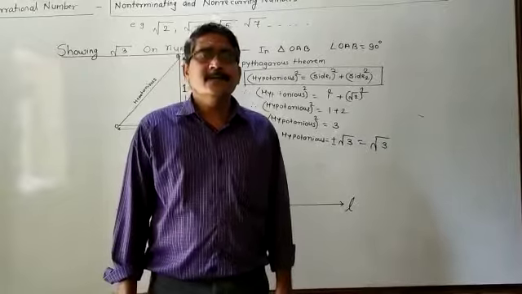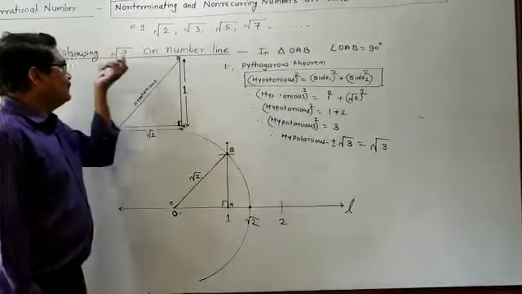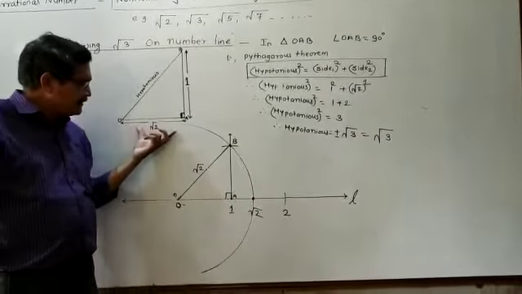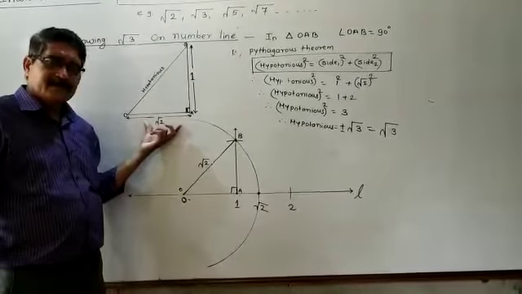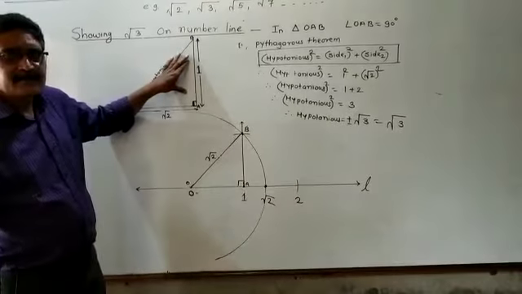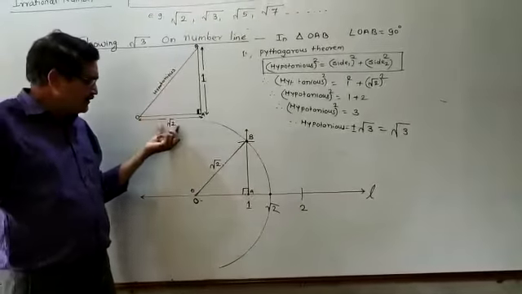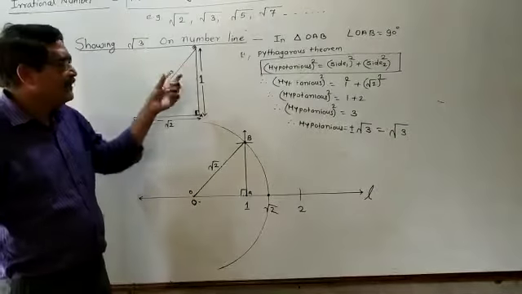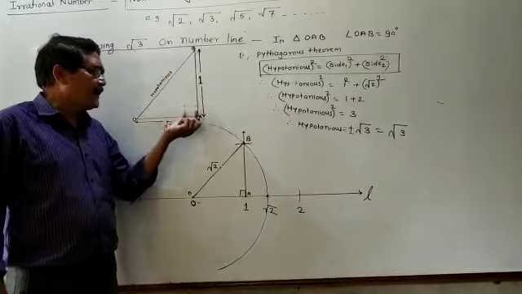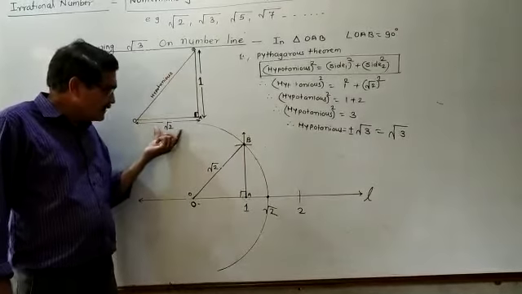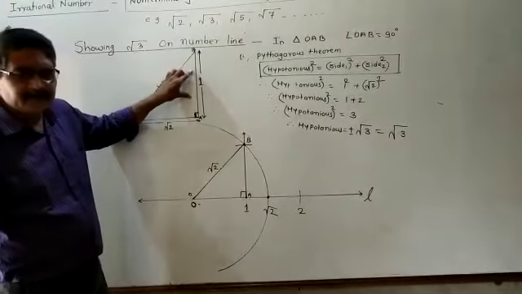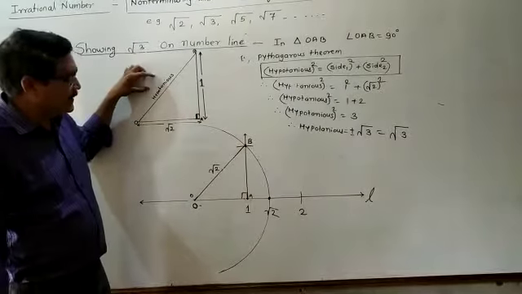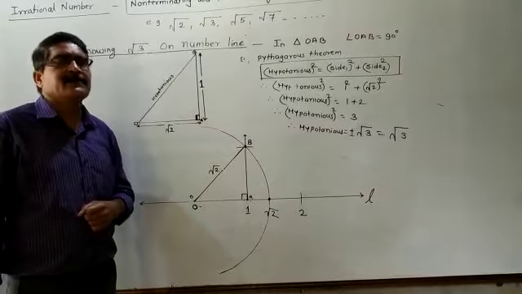Here again, if you want to draw the square root of 3 on the number line, you have to take this base distance as square root of 3 and this as 1 unit. Everybody understand? If this you will take square root of 2 unit and this you will take the square root of 1 unit. Means when the sides form the right angle, this base will be square root of 2 and this vertical distance you will take 1 unit. At that time this will come square root of 3. How this will come square root of 3, that you have to see.